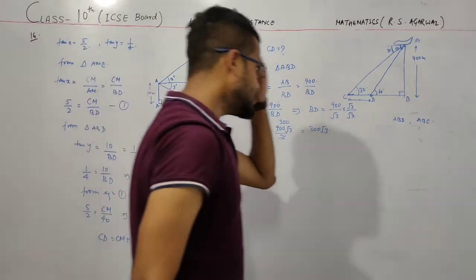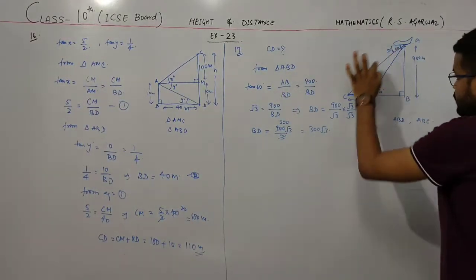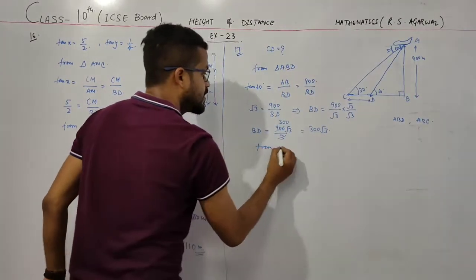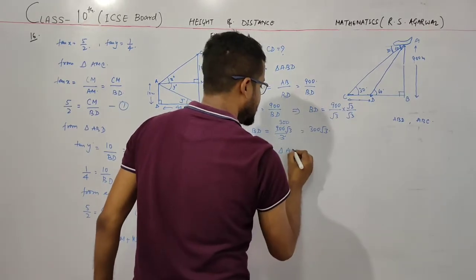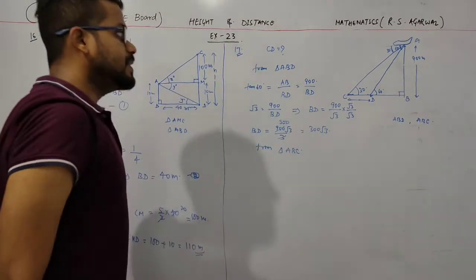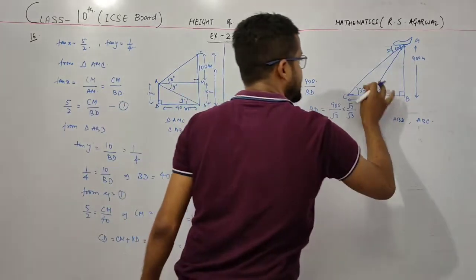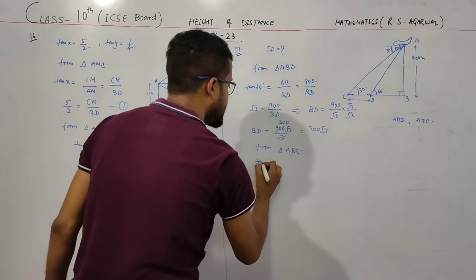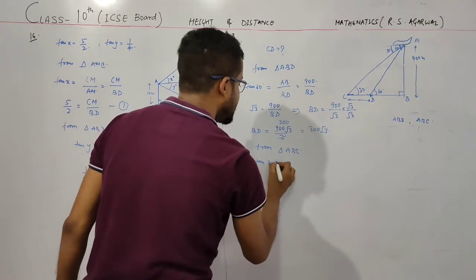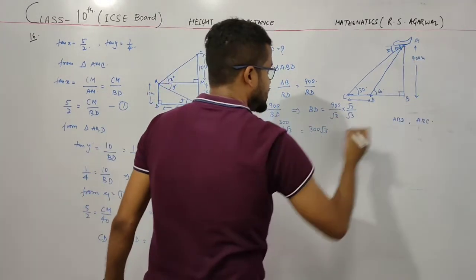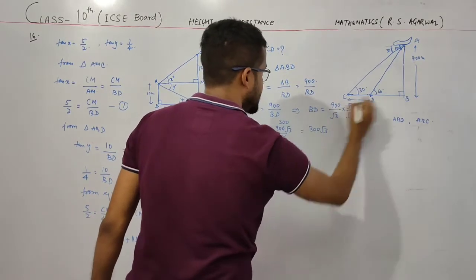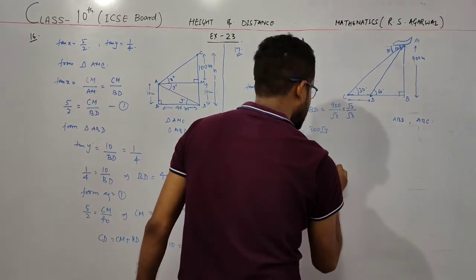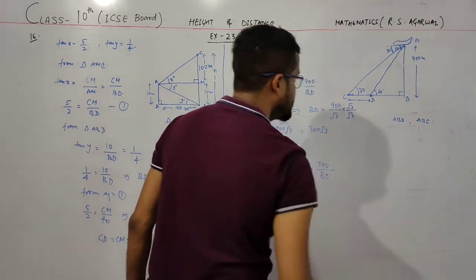Now the next step is to solve this other right angle triangle. So again I am taking triangle ABC. In this triangle, this is the angle, this is the height, and this pole is the base. So I take tan 30 degrees, and tan 30 degrees is equal to AB upon BC. The value of AB is 900 and this is BC. We don't know this value.